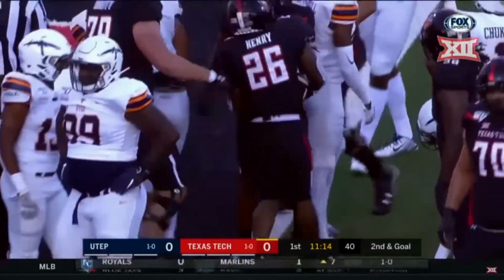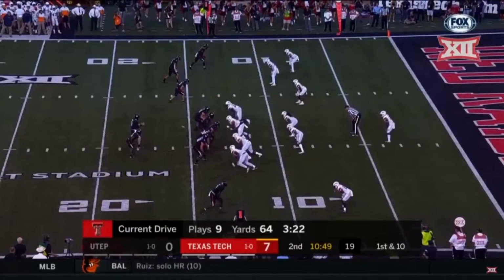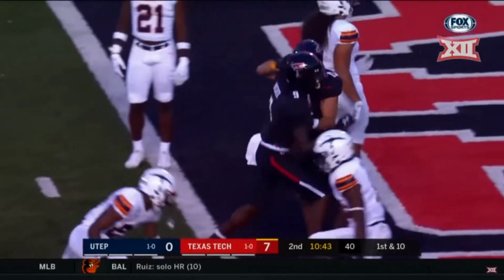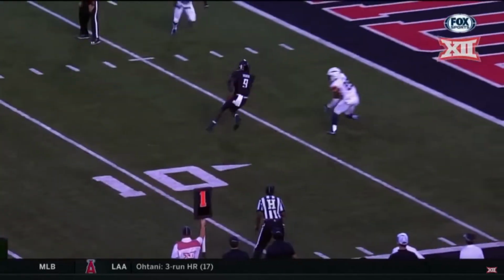this instance is they've got to take that inside pass, that slant route, away, because that's the money here for Texas Tech. They want to throw that quick slant route. I think when you talk about assignment and alignment, you've got to align yourselves inside on those outside receivers, to try to force them out of those inside routes and make them make plays towards the